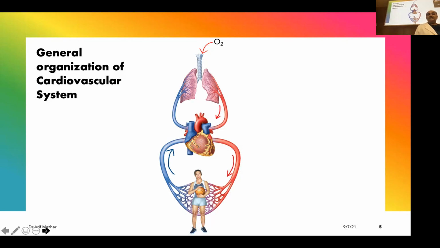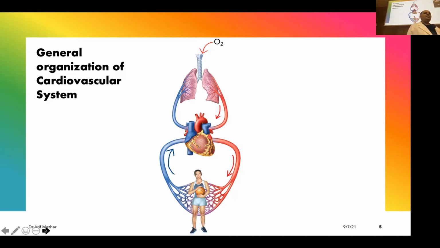So blood has reached, which blood? Deoxygenated. Now I want to add on oxygen. So now a small pump. This was the action of a big pump. The heart was pushing for the whole body, for each slightest, tiniest part of the human. The blood has been pushed. Now it has been returned.